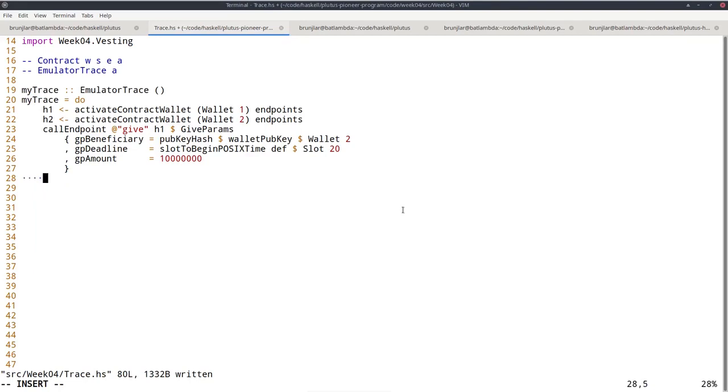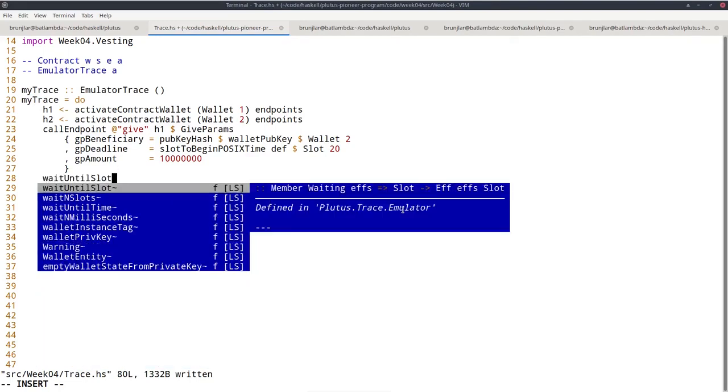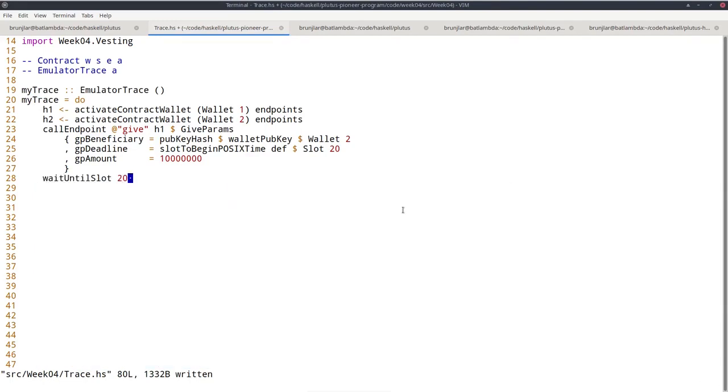So we can say waitUntilSlot 20. And this will actually return a value, namely the slot we have reached. So in this case 20, but we are not interested in that. And in order to avoid the warning, we can use void from Data.Functor, which basically ignores the return value and turns it into a unit, and then we don't get the warning.